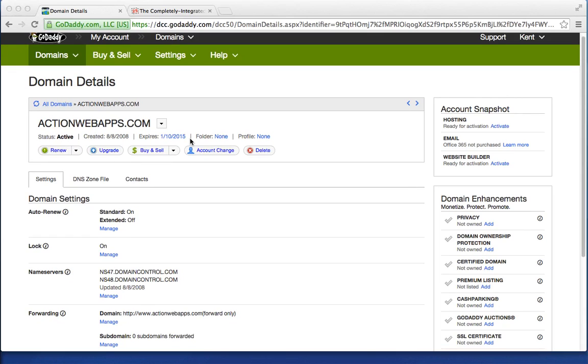The first thing we want to do, there's two aspects to this. There's the root of your domain, which in this case is actionwebapps.com, and then there's your subdomain, which would be www.actionwebapps.com. Those are two different names in terms of how the DNS looks at it. Okay, and we want to point it to